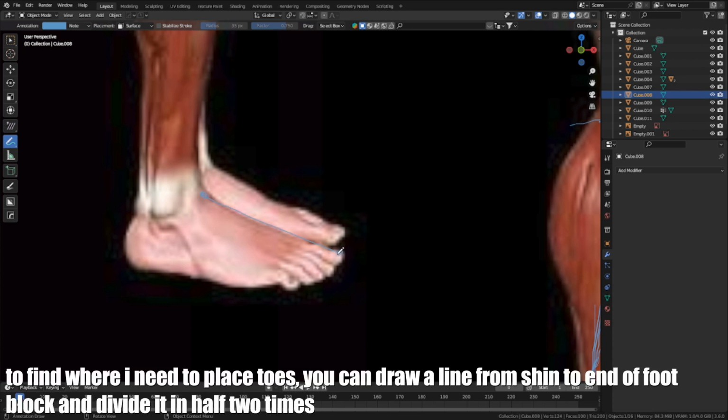To find where I need to place the toes, you can draw a line from the shin to the end of the foot block and divide it in half 2 times.